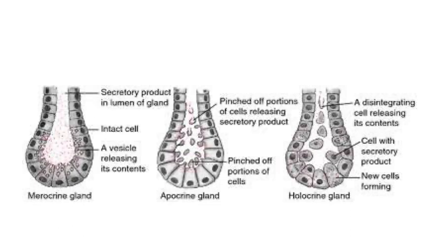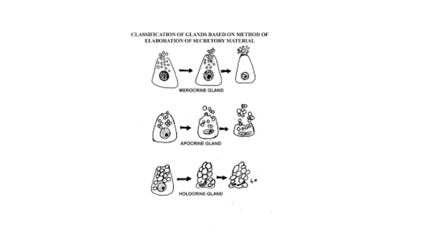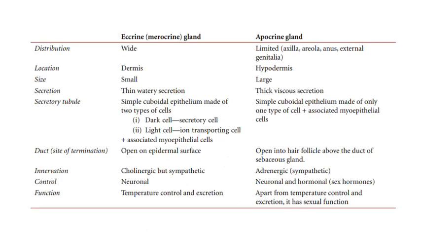How do you remember? What happens in holocrine? The whole cell goes as a secretion. Apocrine means apical. What is left? Merocrine, which normally sends out a secretion in vesicle form. Okay, so this is again the same type of slide to explain merocrine, holocrine and apocrine. Holocrine we saw is actually the sebaceous gland, and for the sweat gland we said it is merocrine and apocrine. What is the difference?